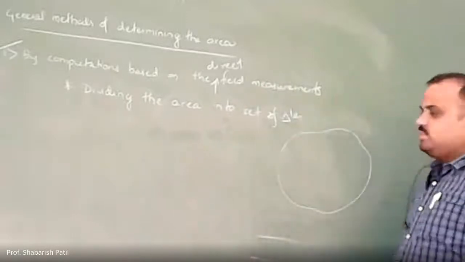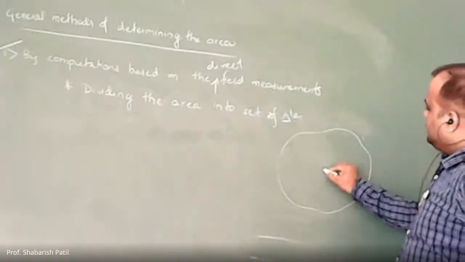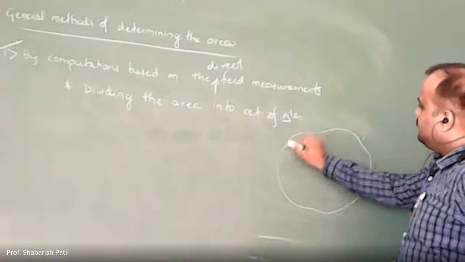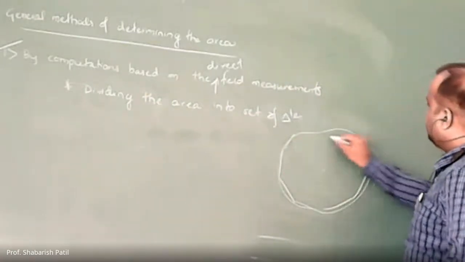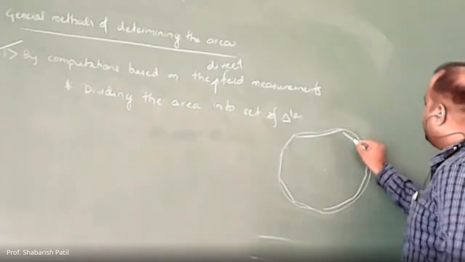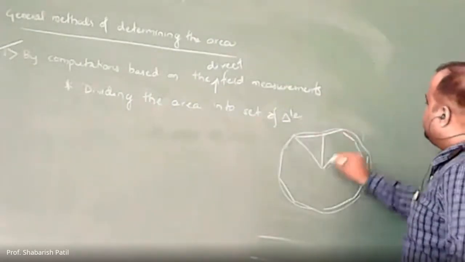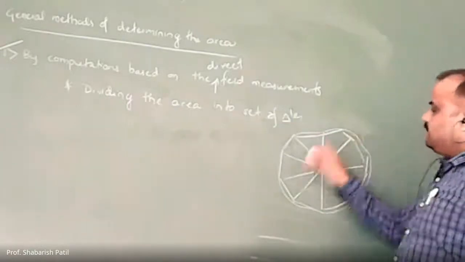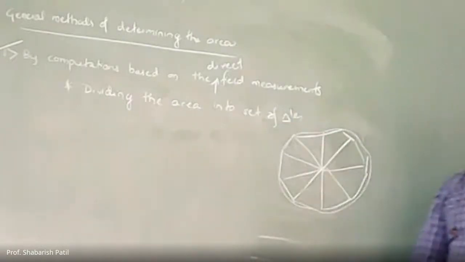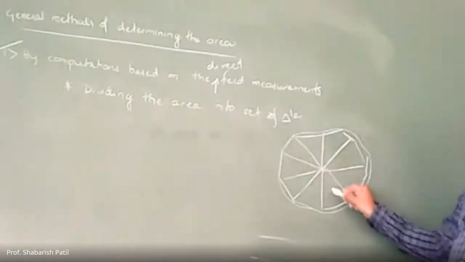If this is your topography, then what you can do is select one center point, then try to have your survey stations in sine survey. In sine survey we deal basically with linear measurement. Now these are your set of triangles which represent the given topography. Now we can note down the sides of all the triangles, then calculate the areas of individual triangles, then sum up all the